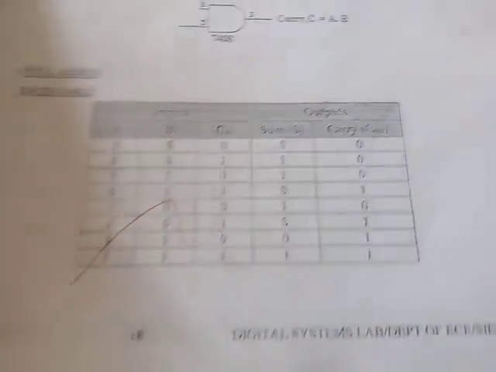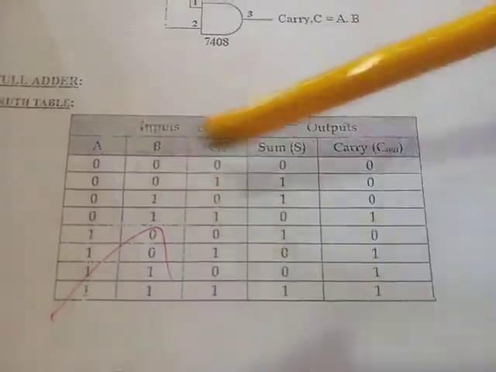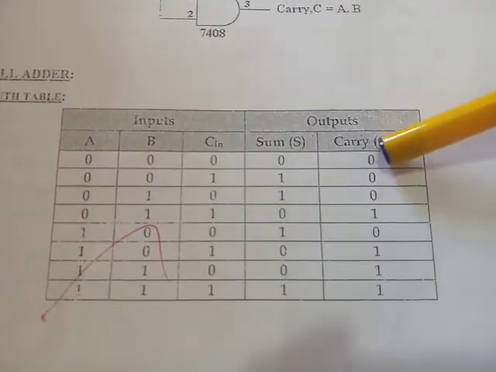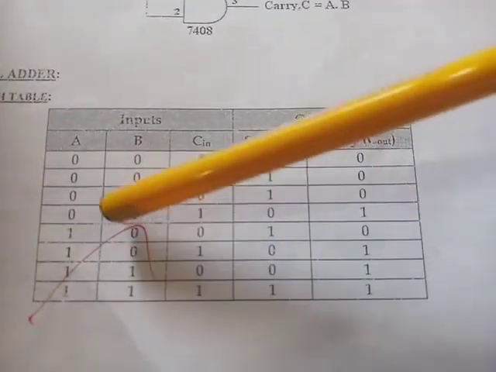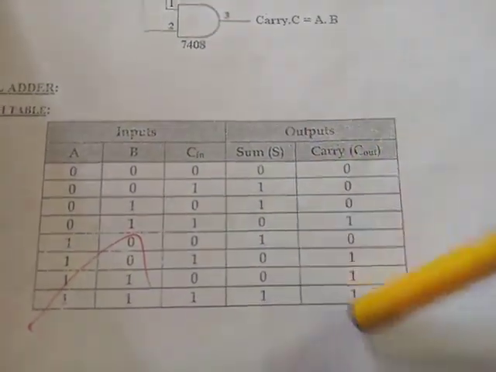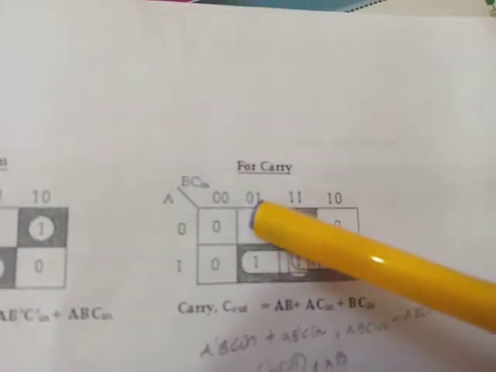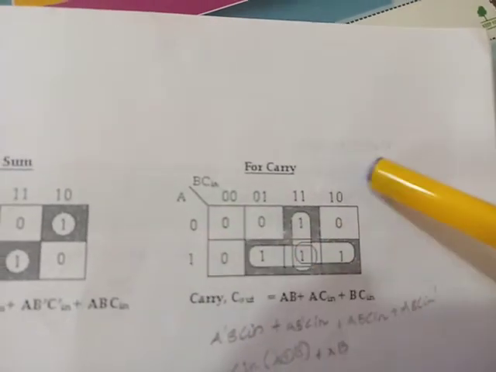And for carry, likewise, here also this is a 3 input. For 0 0 0, my carry is 0, and except for the combinations 1 1 1, 1 1 0, 1 0 1 and 0 1 1, all other outputs for carry are 0, right? So for this also we are making a K-map. See, this is A B C, right? This is for carry. 0 0 0, 0 0 1, my carry is 0, and 0 1 1, my carry is 1, and 0 1 0, my carry is 0.